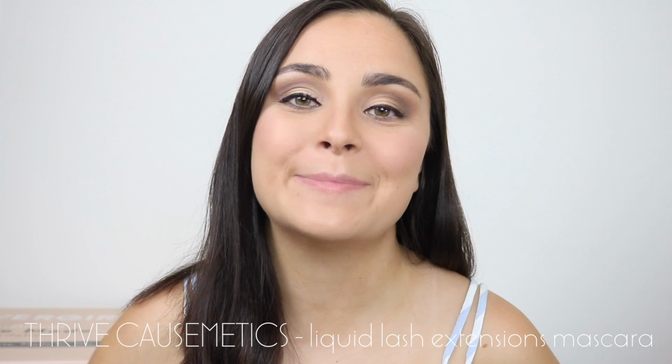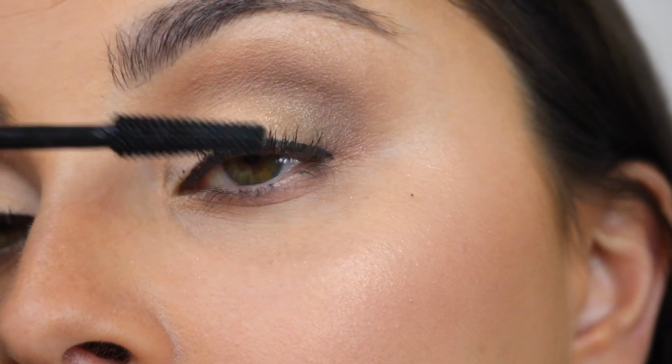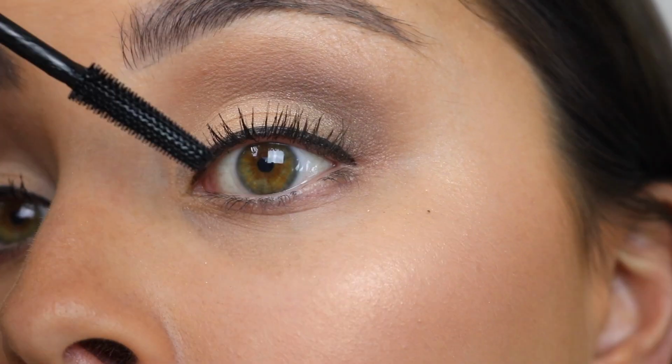For mascara today, I'm using the Thrive Cosmetics Liquid Lash Extensions Mascara. It's one of my favorites, but of course you can always use your favorite mascara as well, whatever works for you. I like to start at the root for these and just kind of brush upwards